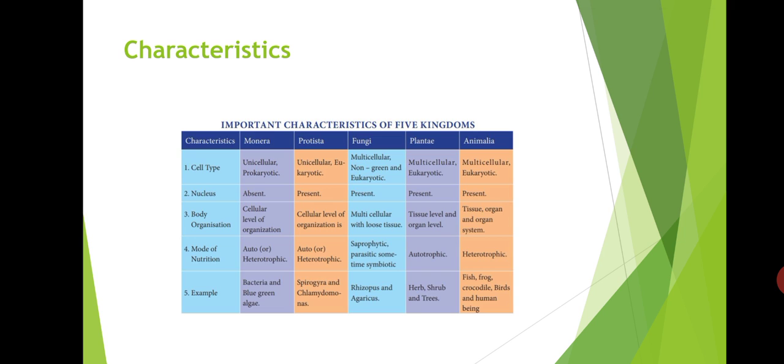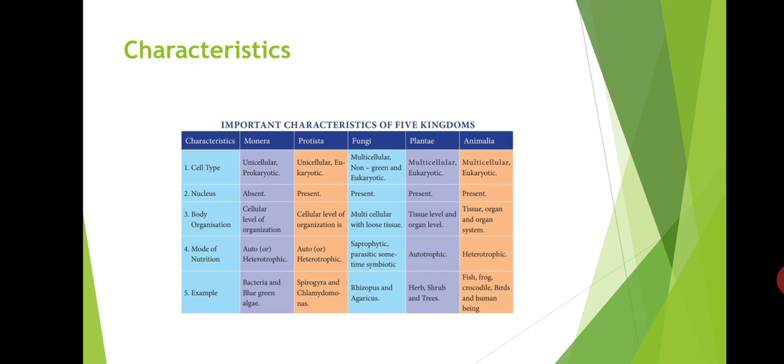In such a way, some grow on dead organisms, some grow on living plants or animals, and some have both characters. Some depend on algae, and some just coordinate with algae, which is called symbiotic in nature. Plantae is only autotrophic, which means it can produce its own food. And Animalia is heterotrophic, which depends on others for food.